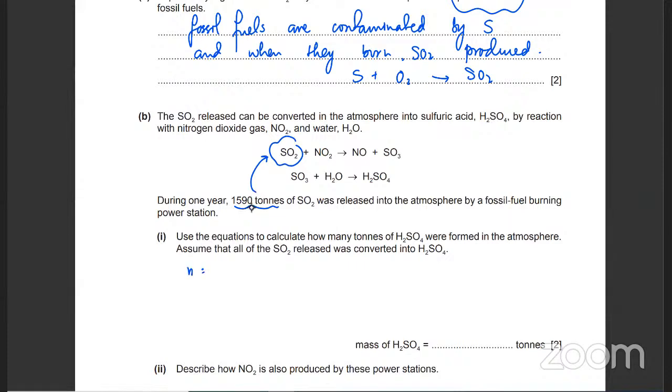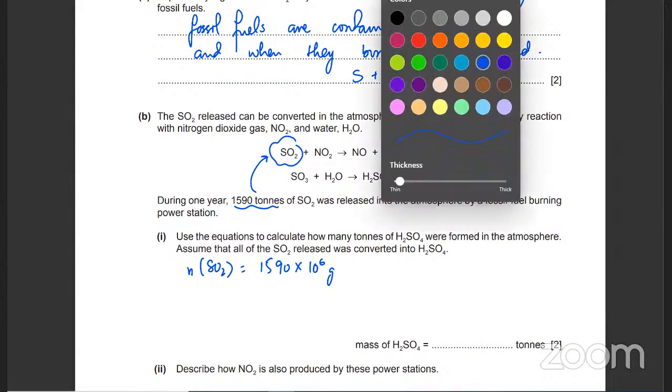So we're going to figure out the moles. Since there would be marks for working, how much is a ton in grams? If I want to convert tons to grams, because moles is in grams, what do I multiply this by? 1 million. It's 10^6. So it's 1590. Just for the sake of showing proper working, I think you should do the conversion,